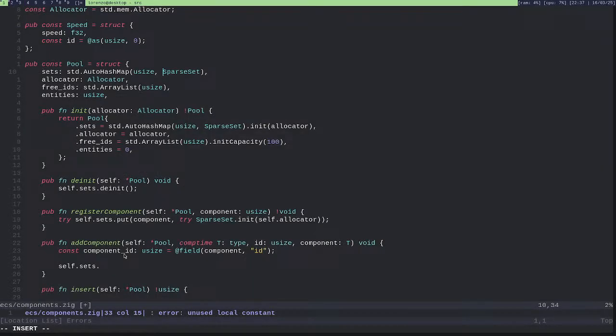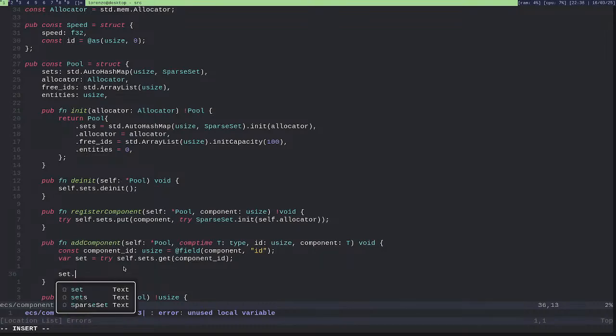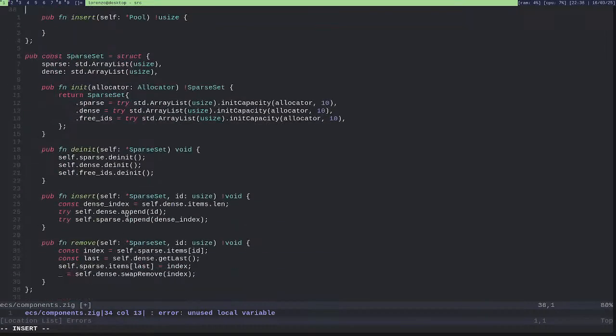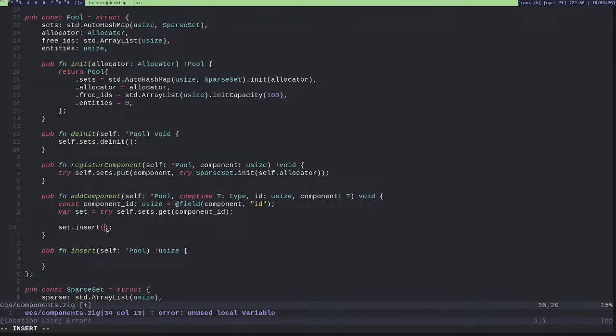You just get component ID. Try, okay. And then I will go on and insert the ID for the entity.